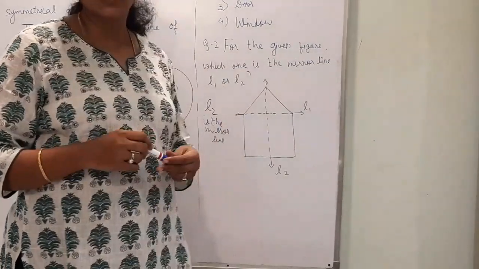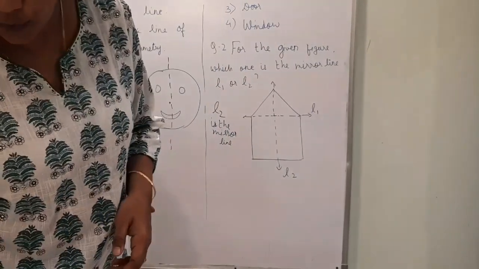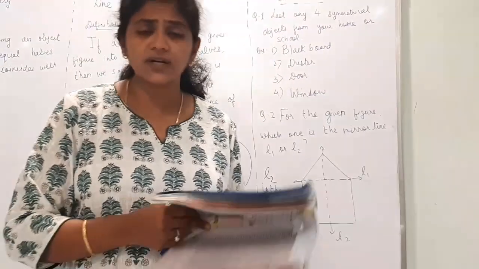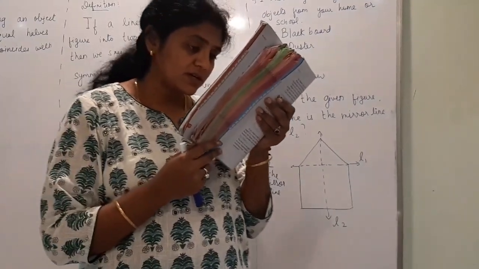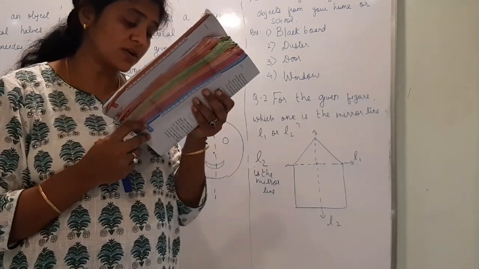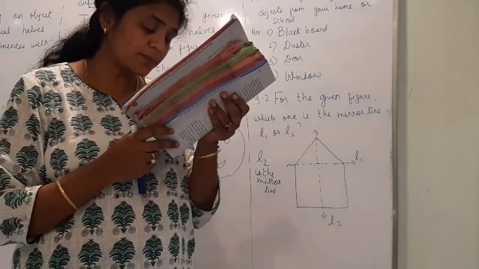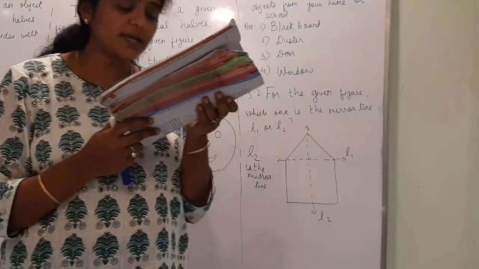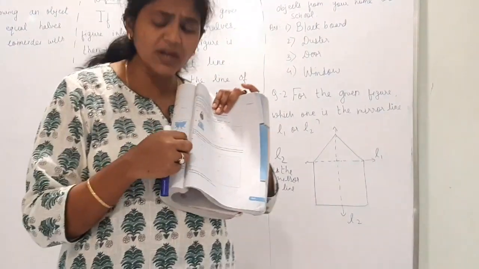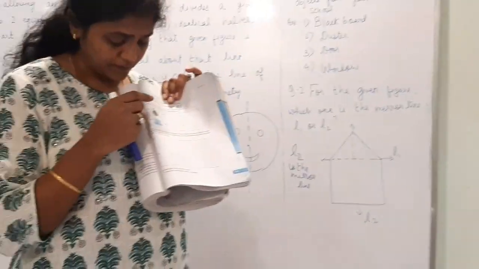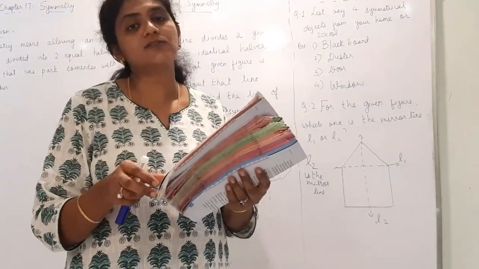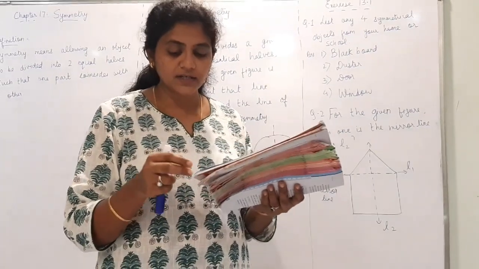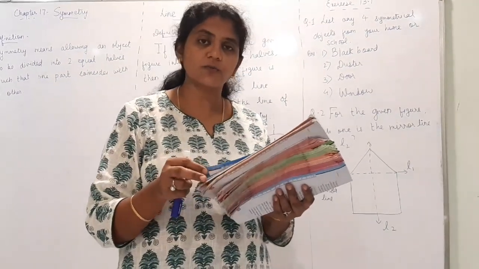Right? Now question 3 and question 4. Question 4 you can do yourself. Here it is written, copy the following on square paper, a square paper that you have used in your arithmetic book, and complete it such that the dotted line is the line of symmetry. So this also you can do in the textbook. These questions 3 and 4 you can do in the textbook itself. Right? I will be explaining that also.